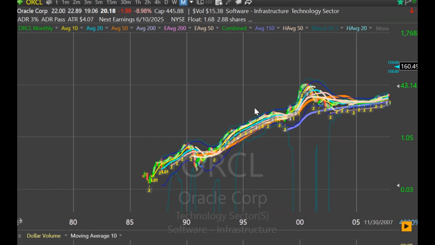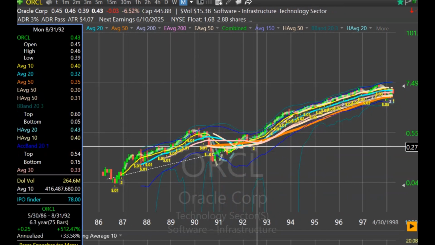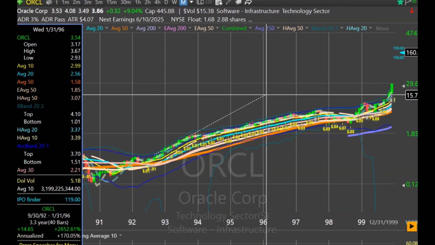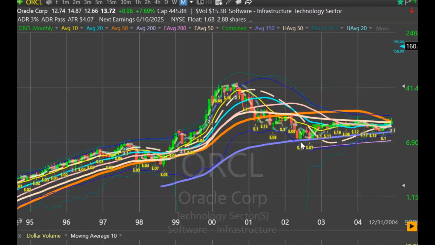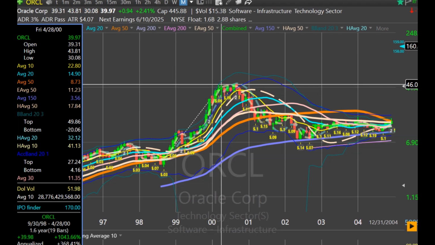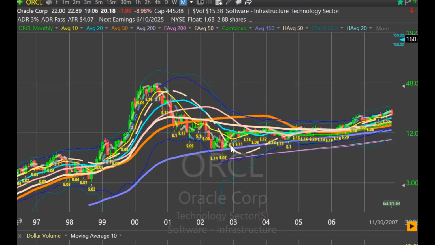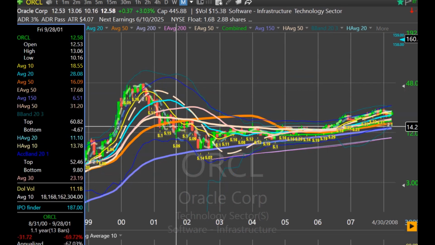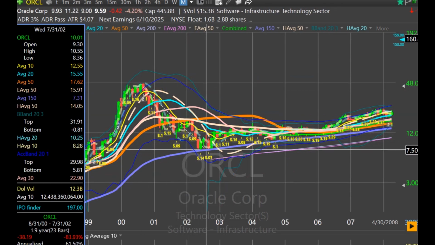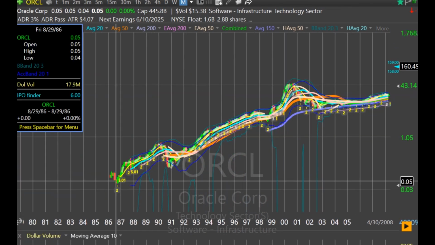Okay, a lot of them are pretty straight up, but here's Oracle, one of the other examples. You can see this is 1 move up, 1 step. There's 2, and then you get this kind of crazy vertical climb at the very end. This is what you call a blow off top, where it went 1,000% in 1 year. Mind you, NVIDIA just did that last year. I'd have to look at it some more. And again, you don't think this is a big drop here, but it drops 85% over the next 2 years.